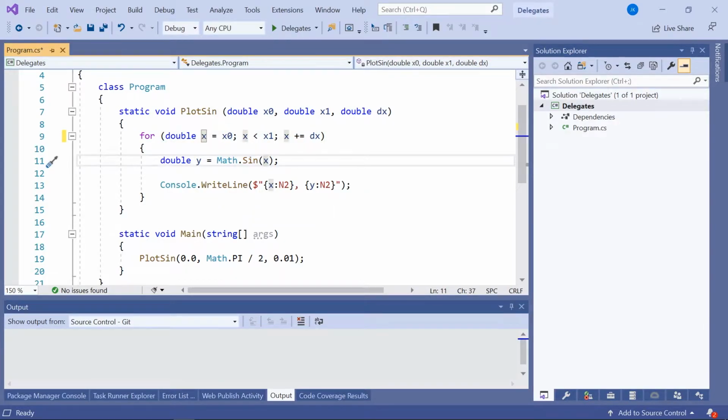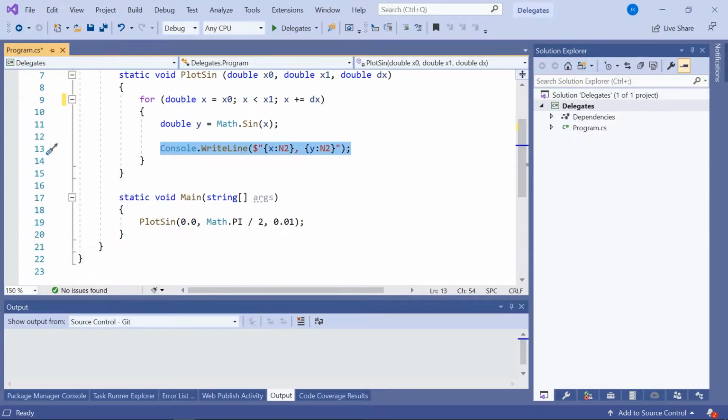And I said we're going to plot it. We're not actually going to spend time doing any graphics. It's just going to display that as some formatted numbers. And then in main, we say we're going to plot sine from 0 through to pi on 2 in radians, which is 90 degrees, with a step of 0.01. And if we run that up,